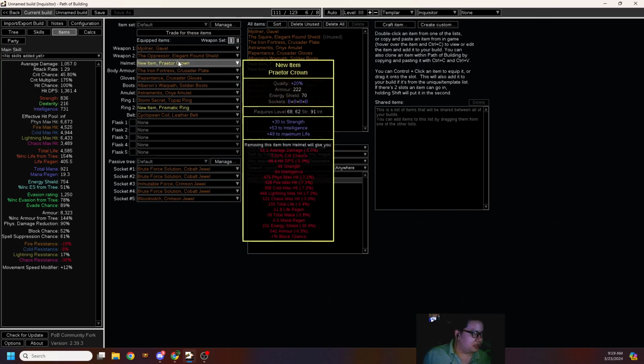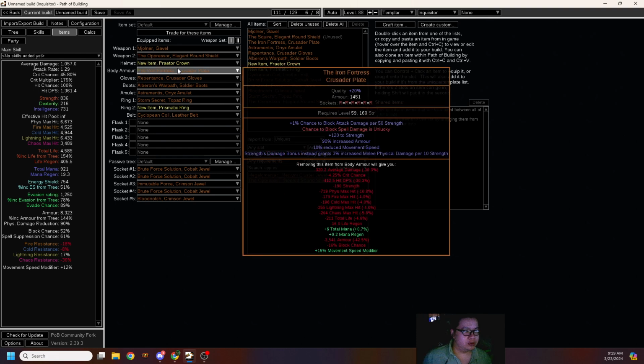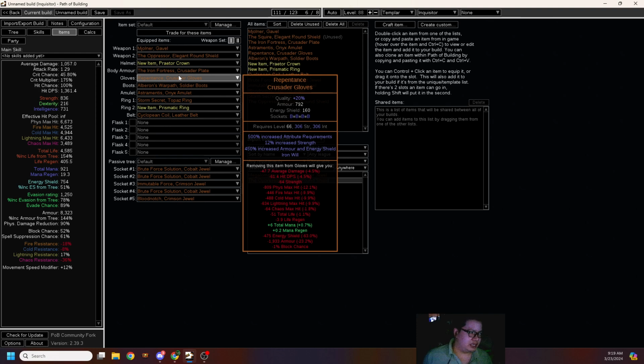So for this setup, the helmet is going to be a rare helmet, at least for now. What you want here is as much intelligence as possible. That is the most important thing. Some strength is okay, don't need too much. Some life is okay. It's just an item holder. Iron Fortress, I have already mentioned. Repentance is nice, but not necessary. This just gives you 12% strength. You don't need the 12% strength. You can just use a rare item, but I don't think this glove is going to be expensive or something. So yeah, maybe a rare item with good strength and good intelligence might be even better for this one,